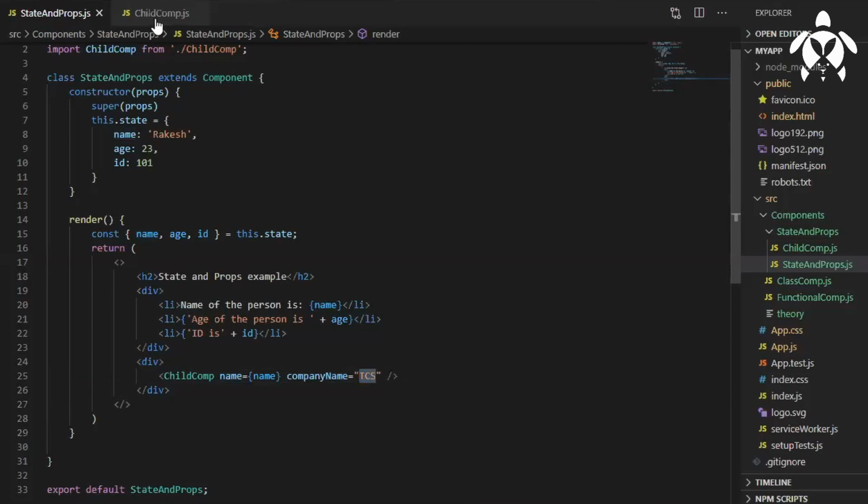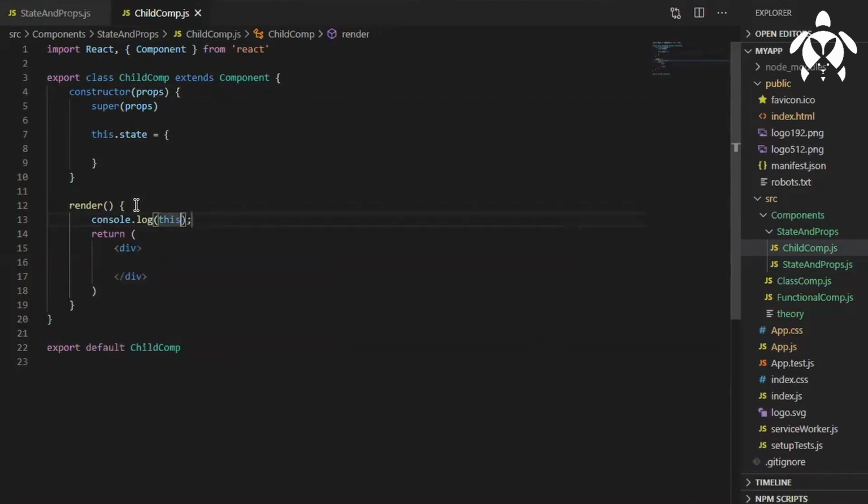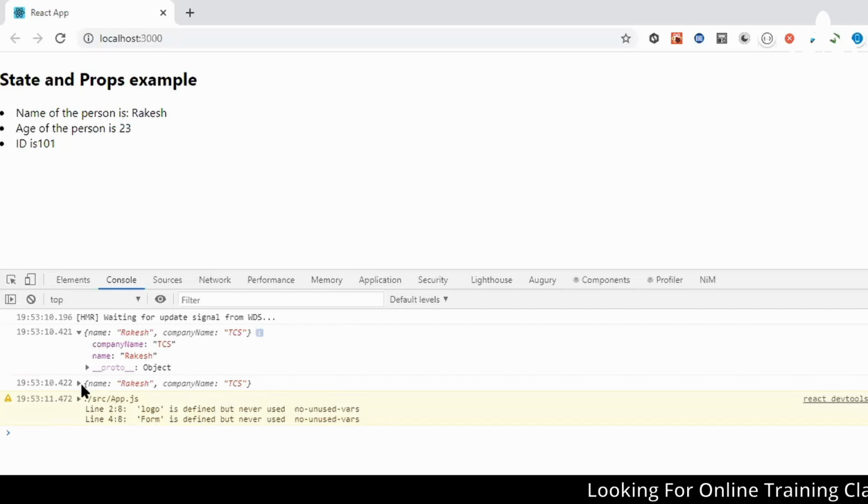In the child component, if I write console log this.props, I should be able to see the data. See what I'm getting: name, company name, coming from the same line number 13.